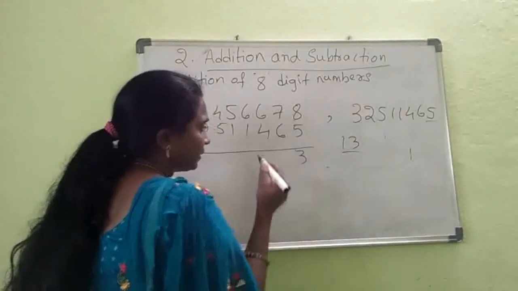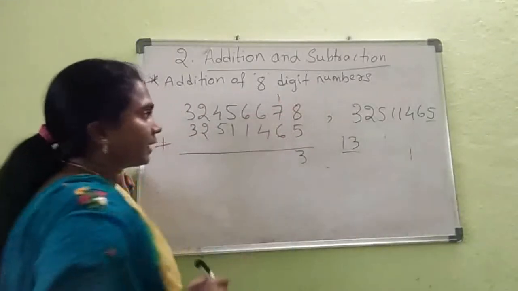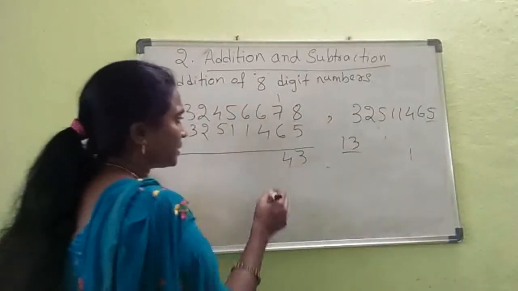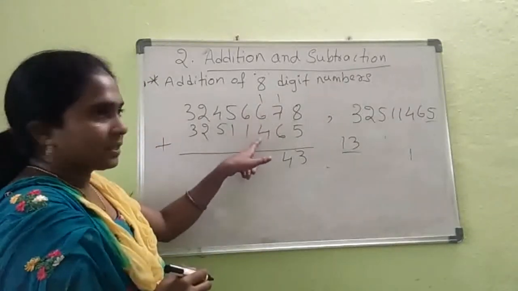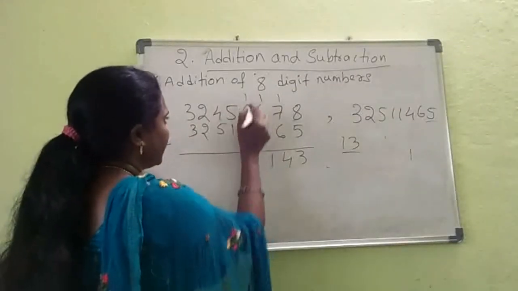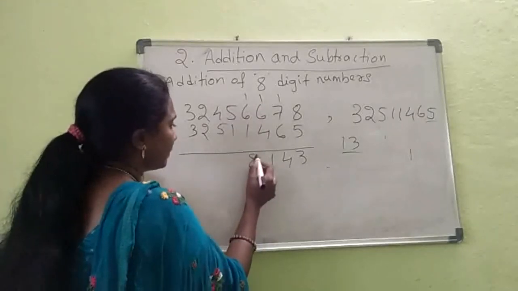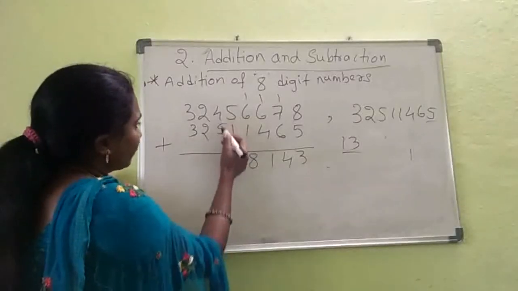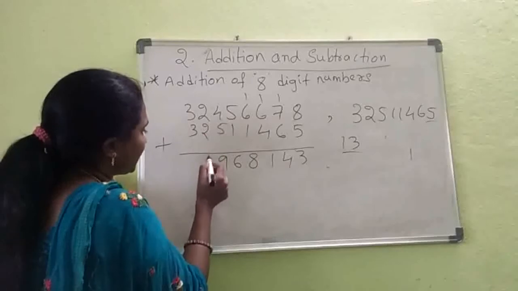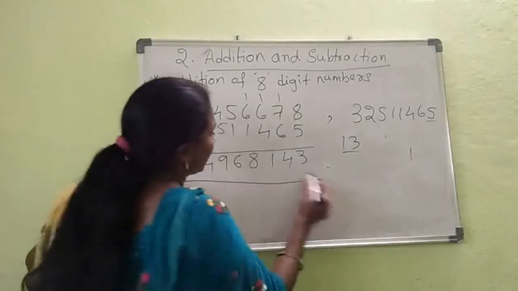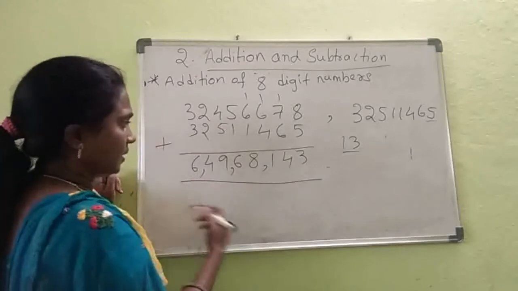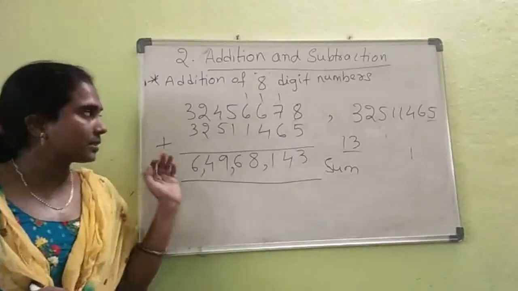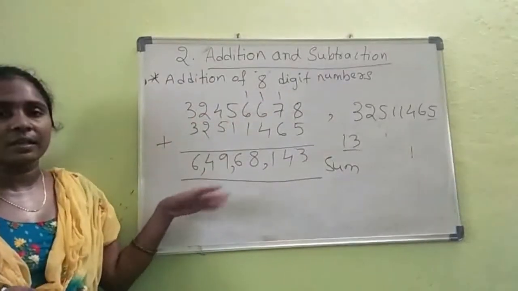Again you got 13, a 2-digit number. The ones digit should be here, that means 3 should be here, and 1 should be the carry forward. Next, 7 plus 6, 13, 13 plus 1, 14, that is a 2-digit number again, right? 6 plus 4, 10, 10 plus 1, 11, 6 plus 1, 7, 7 plus 1, 8, 5 plus 1, 6. Are you following, right? So 4 plus 5, 9, 2 plus 2, 4, 3 plus 3, 6. This is the result. That means you can say the sum of these two numbers, right? This is about the 8-digit numbers addition.